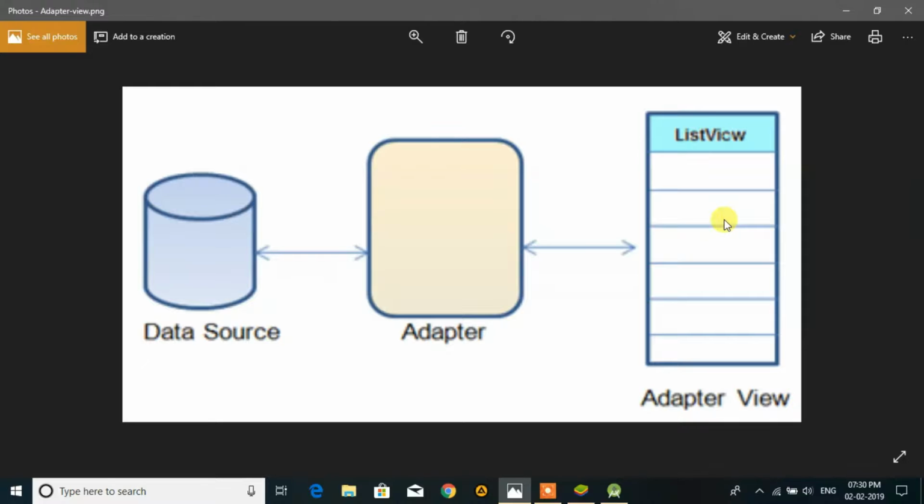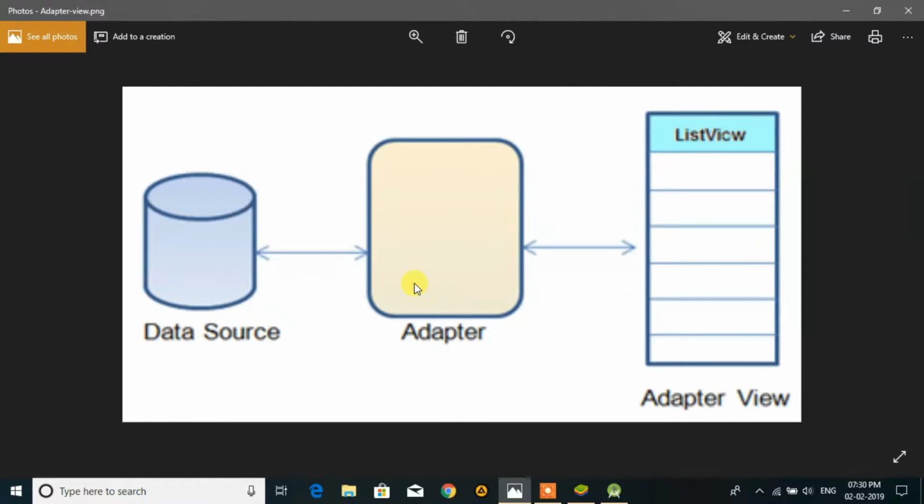But as you see in Amazon and Flipkart, we have a lot of data to be displayed in list view, so it takes a lot of time. Maybe 1 hour, 2 hours, you are browsing the website and the list keeps coming and coming. So it is not possible to put all the data together in a list view. For that we use an adapter.